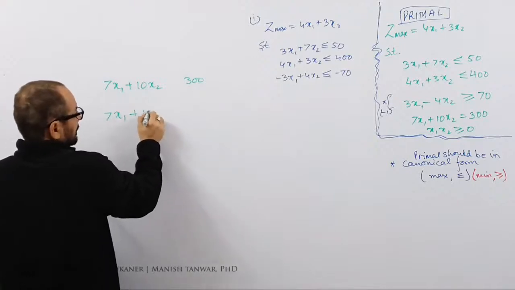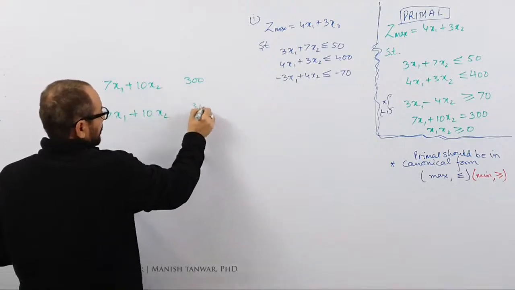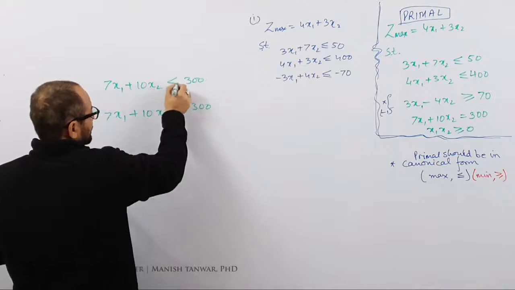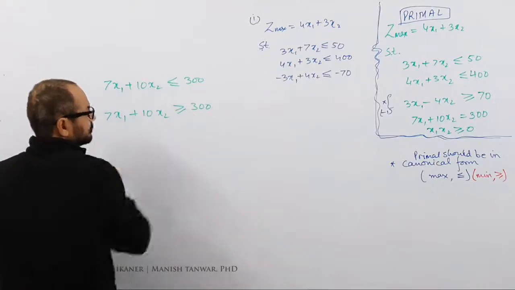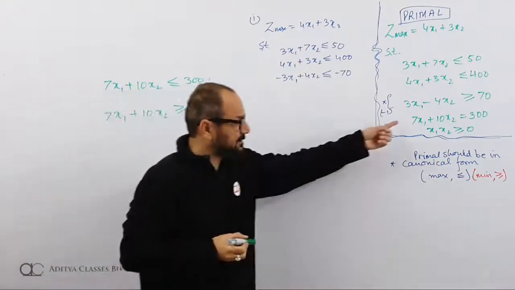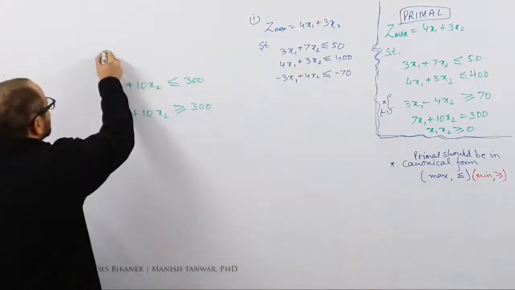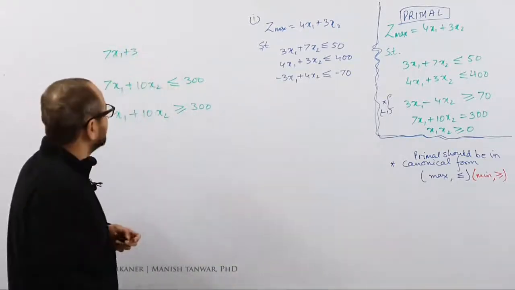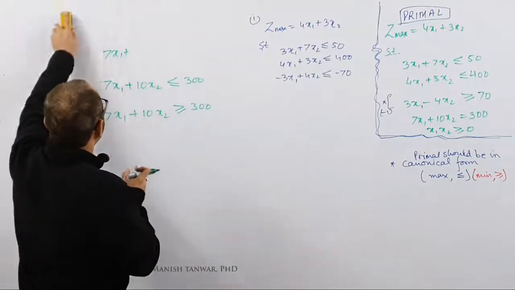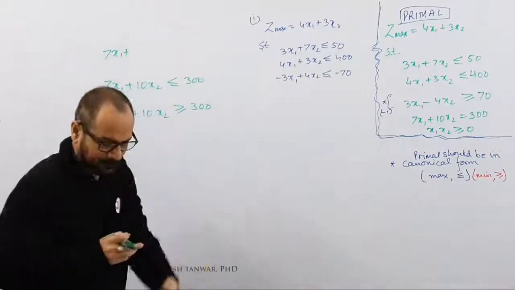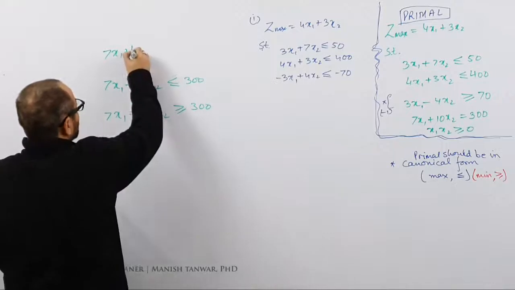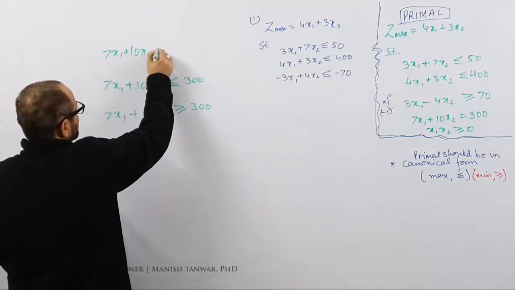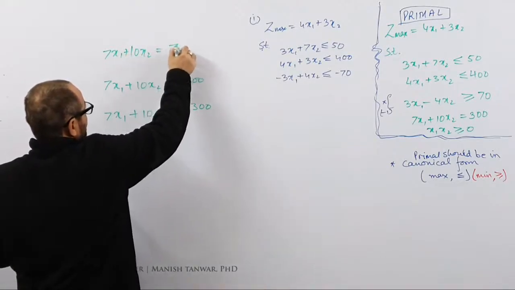Instead of this constraint, that is 7x1 plus 10x2 is equal to 300,